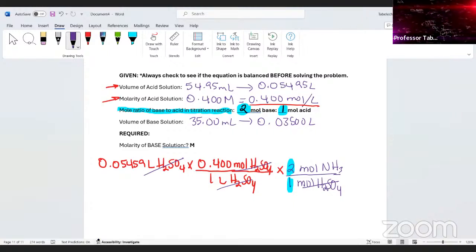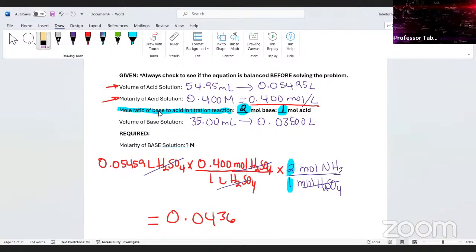That's equal to, let's write that out, 0.0436. Well, we only need, let's see here, yeah, we only need 3 of those numbers, but let me round it off. 0.0437, okay? Moles